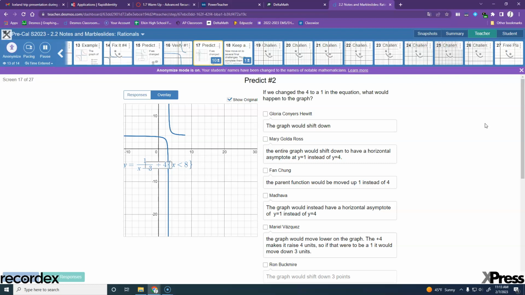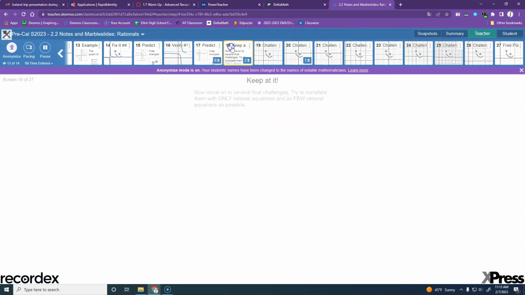So you're probably going to see this multiple choice, which means what I am probably going to say is that the graph's been moved down 3 units. So be careful with that. You can get distracted by some other answer choices if you're thinking about the 1 and the 4. Think about where you started, how much it changed whenever you changed that. All right, so